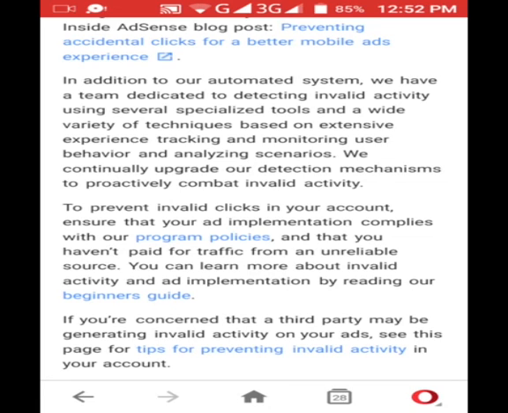So in summary of invalid click activity by Google, they have such an advanced automated system that you cannot do any invalid click activity. So it's important for you not to do any invalid click activity and to prevent it as far